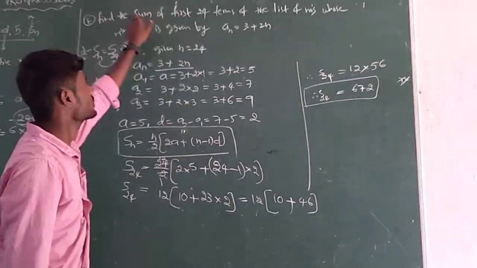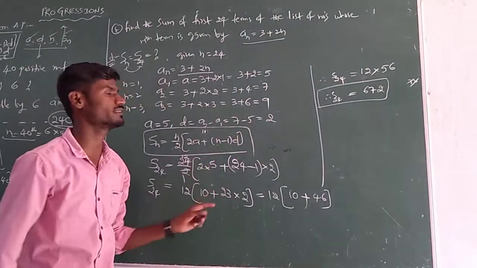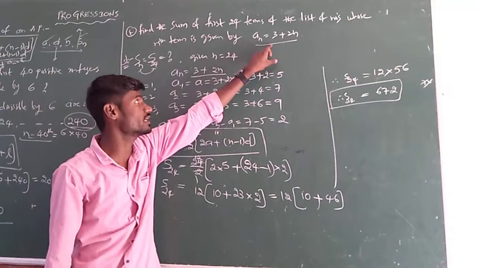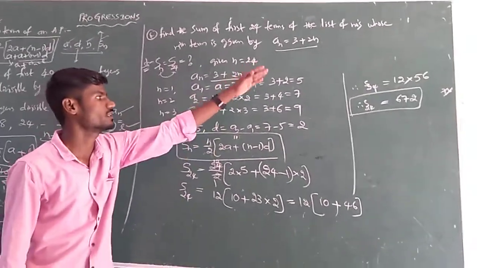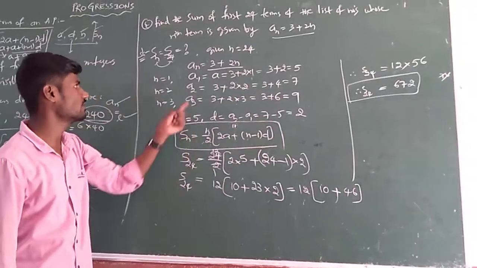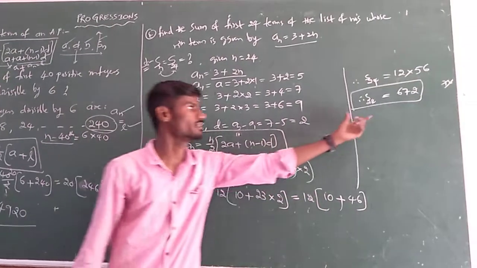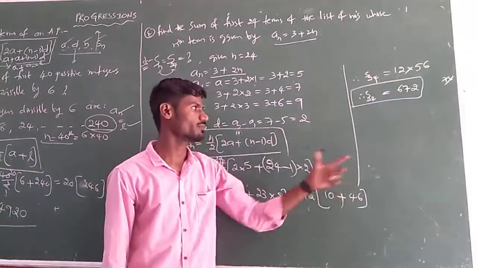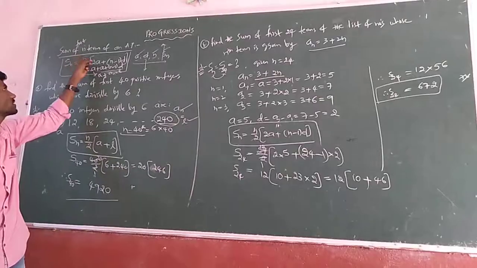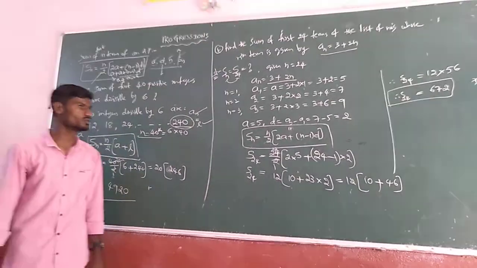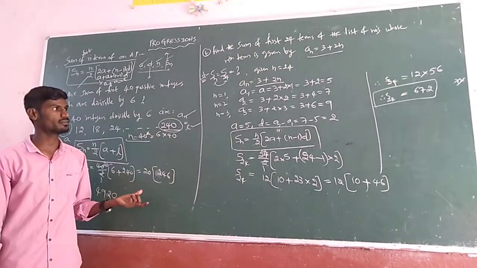Therefore, sum of the first 24 terms, if they give an, the nth term, how can we find it? This is the model. So if they give an, we have to put n values continuously, 1, 2, 3, and so on. Then we will get the d value as 2 and the a value. If we get a and d, n is indirectly given. If we substitute in the formula, we will get the sum of first 24 terms of the AP. So this is the class based upon the sum of the first n terms of an AP. So students, do more problems regarding this topic and you will improve better.